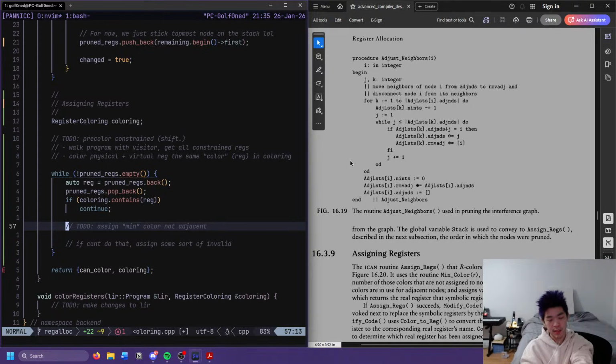Or we could just handle the physical registers differently, although I don't really think we would need to. And then this also lets our default, our uncolorable color, just be null pointer. Which I guess kind of works out, almost, sort of, not really. I don't know.